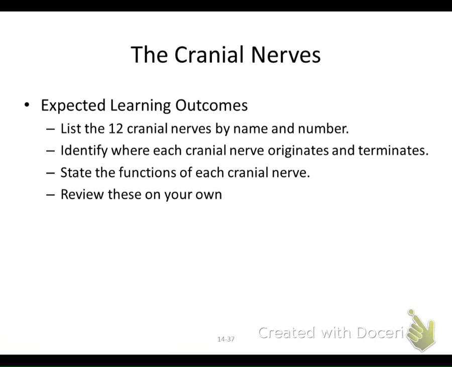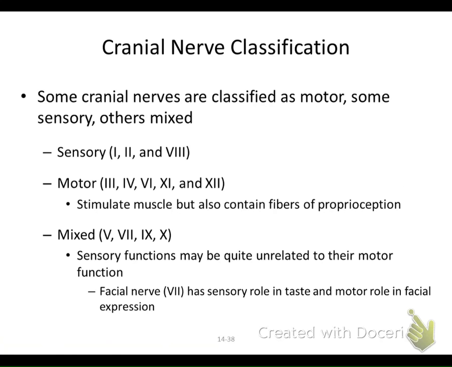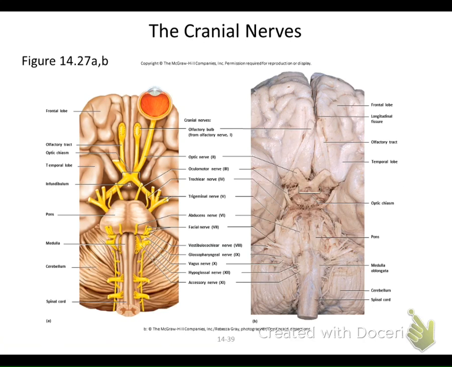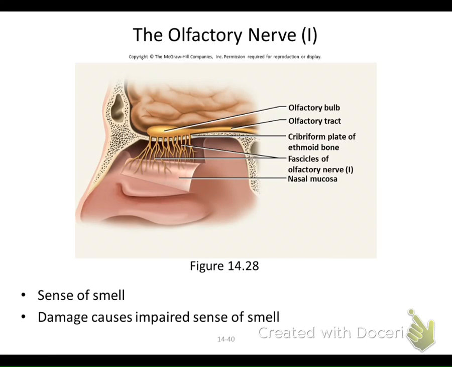And now the last little bit is your favorite part. In 105, I had given you, back in whatever that chapter was, chapter 14, a bunch of slides on the cranial nerves. Here they are again. The ones that are most important for you, though, are the ones we've been discussing in lab. So I want you to at least go through here and before the lab exam, use this list of cranial nerves as a reminder. I won't ask you their location. I'm not going to ask you to identify them by location,